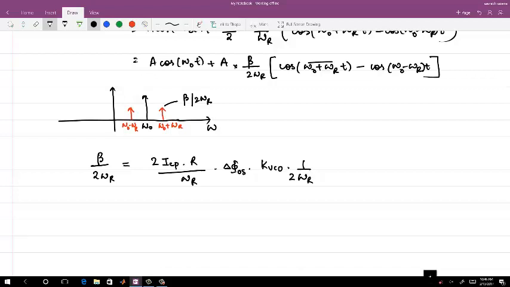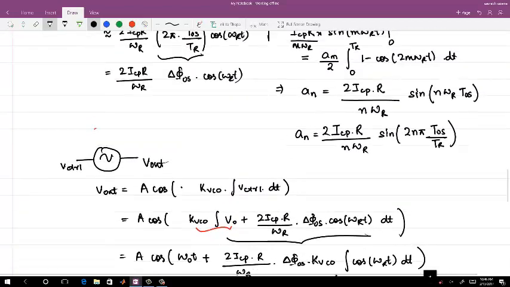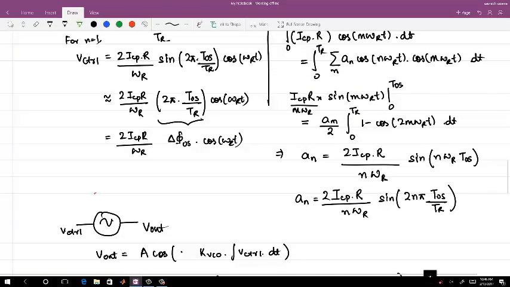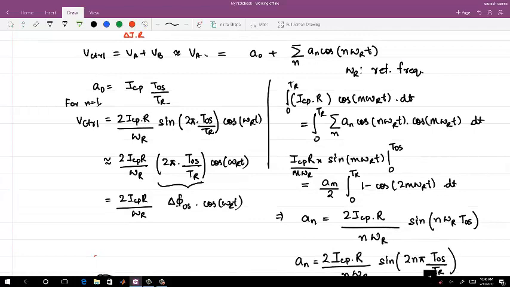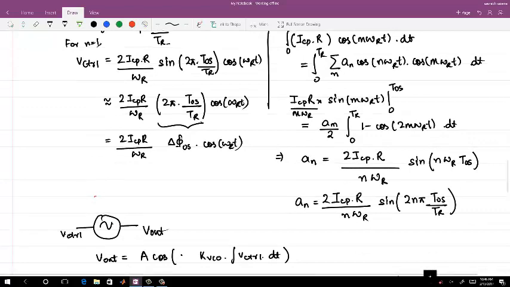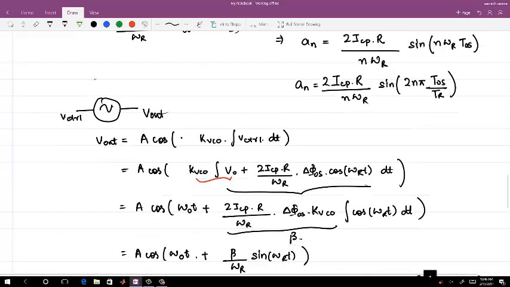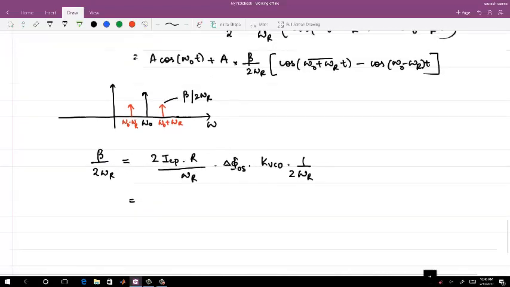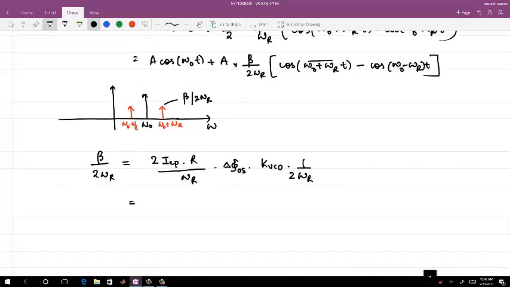So let me now start. There was pi initially there. Where did the pi go? Oh, I am writing as omega, so there is no pi as such. Okay, so now let's start writing